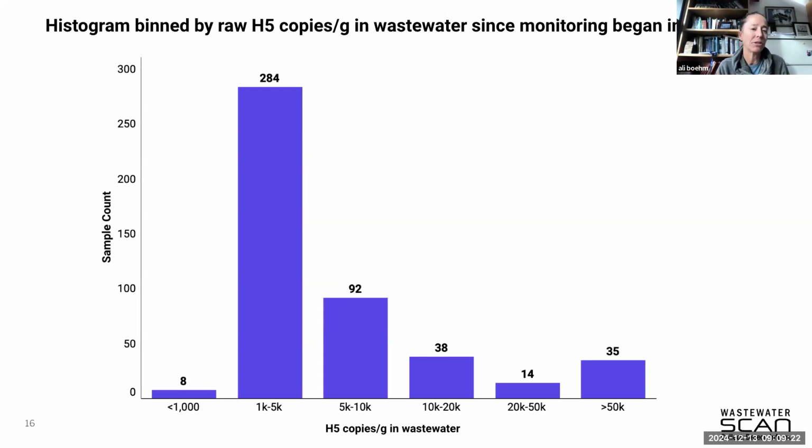Those are actual positive measurements that are less than 1,000 and truly positive. But most of the measurements are very, very low, meaning it's unlikely that they can contribute to an upward trend in wastewater. Then we have some measurements that are higher, and the ones that are very, very high, like greater than 500,000 copies per gram, are in locations that usually have a milk processing facility that is releasing treated milk or milk waste into the sewer system that has the genetic markers for H5. Okay, next slide.